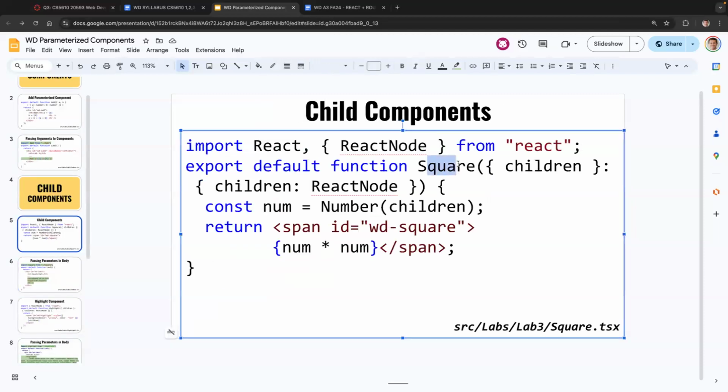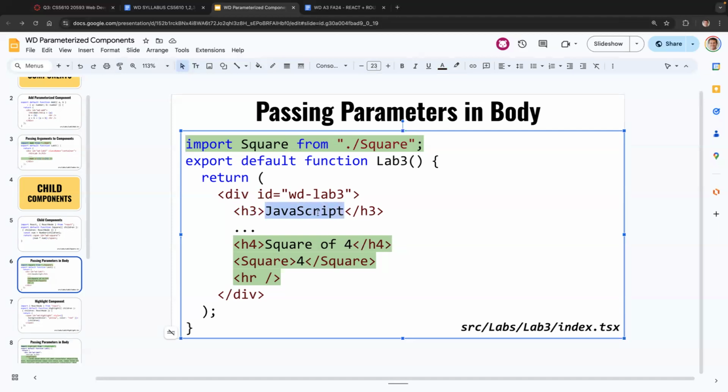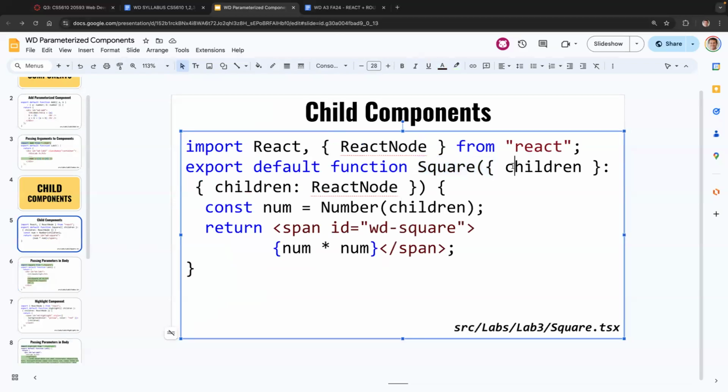The square component can receive as a parameter the children. Anything that is inside of the body is considered to be a child. So just like in this header, the JavaScript text is the child of the header. Also, if you look at this div here, this content over here are the children of this surrounding div. So in the same sense, we can take that 4 is the child of the square component. So you can grab that. You can get a hold of that. You can read what the body is, what the children are, by receiving it as a property, as an argument parameter,